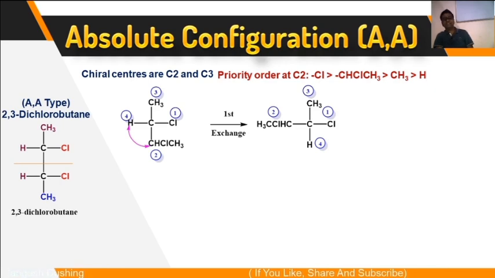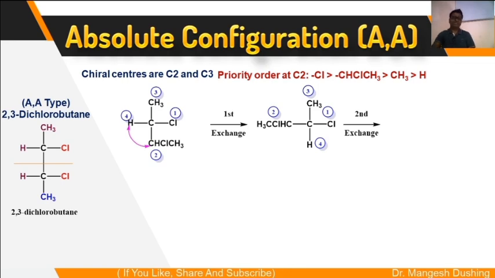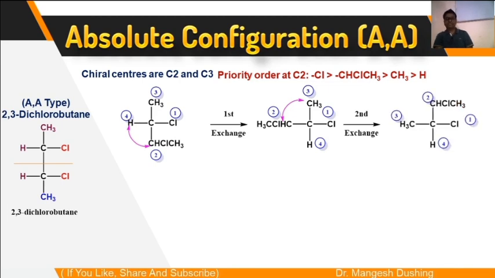Now the second interchange we have to do. The second interchange is to make the second priority group on the top. There is the third position on the top, so there is an exchange only between the second position and the third position. Remaining positions are the same; you have to keep them the same. So there is an exchange between priority second and third. So you will get this one.